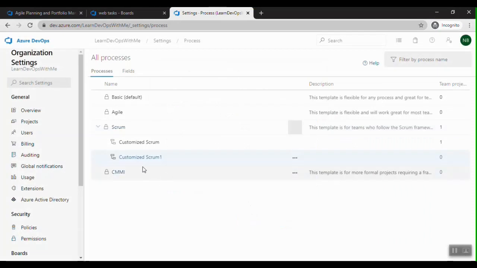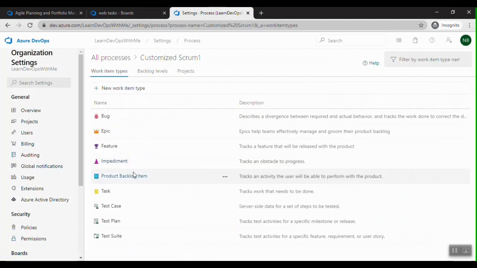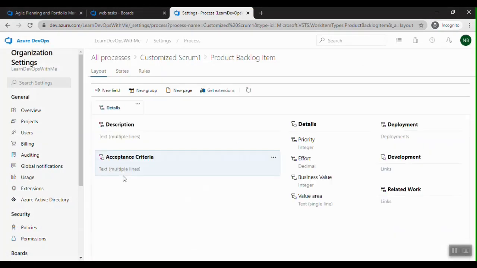Once it is created, let me go to the process and to the work item, that is PBI. Here I can define a new field, and where it should be placed in the layout.